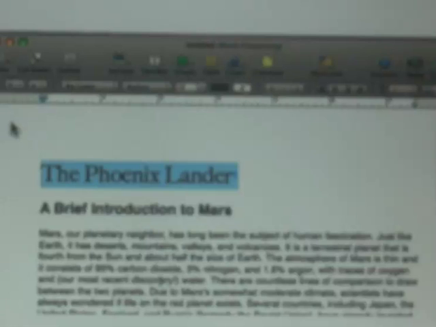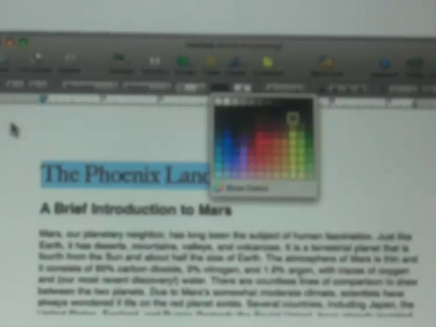Pages has all the tools you'd expect in a word processing application. You can apply styles to your text by selecting it, then clicking the paragraph icon in the Format bar and choosing a style. You can then adjust your text with tools in the Format bar, so it's exactly the way you want it.